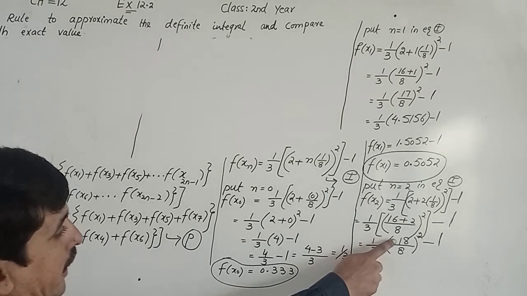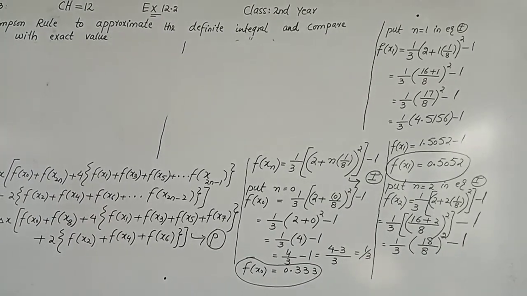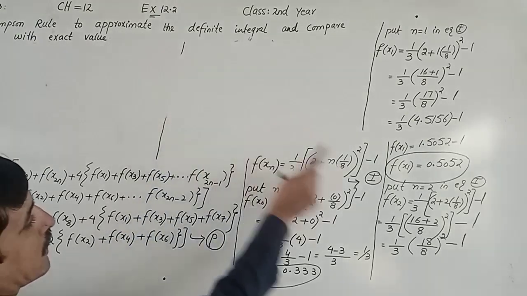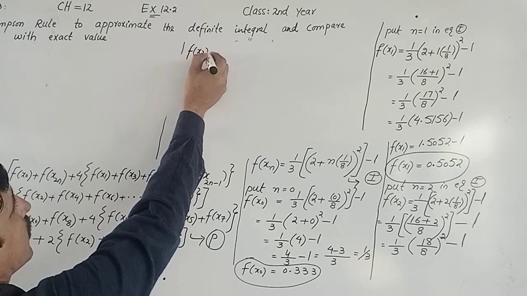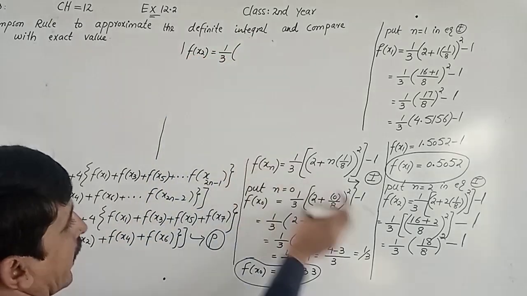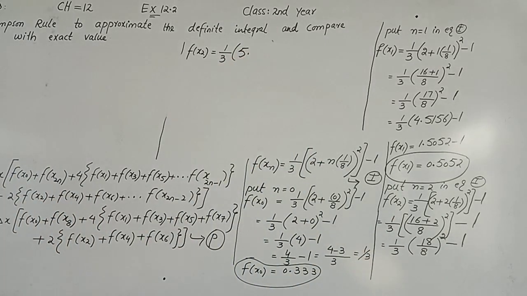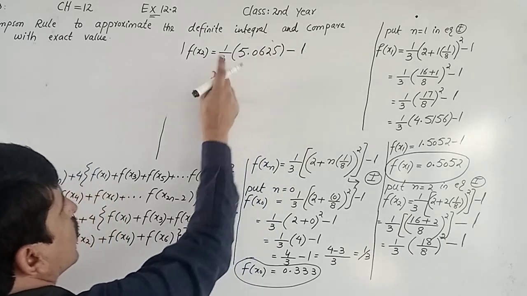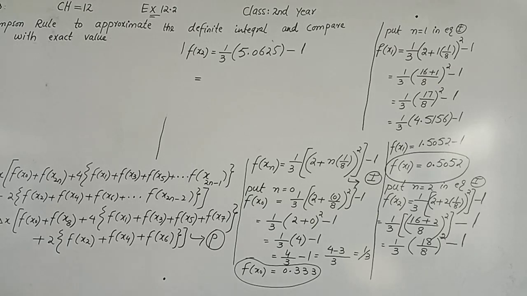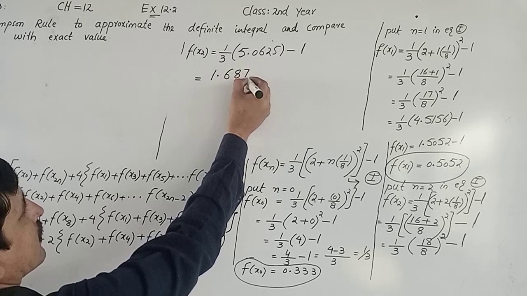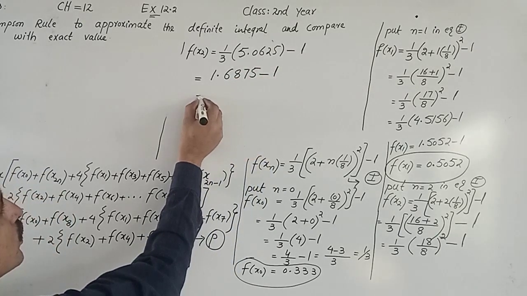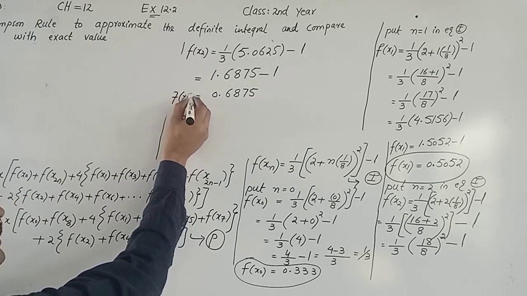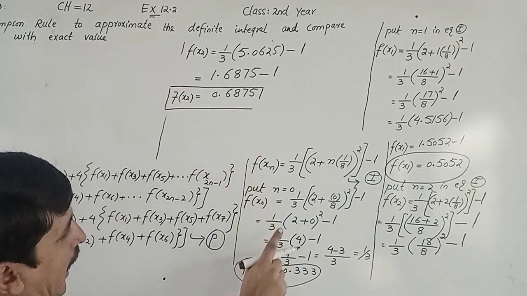चलिए यहाँ पे 18 डिवाइड बाई 8 होल स्क्वायर, इससे हमारे पास आ जाएगा f of x2 is equal to 1 divided by 3, इससे हमारे पास आ जाएगा 5.0625 minus 1। अब इसी को 3 पे डिवाइड करें तो हमारे पास आ जाएगा 1.6875 minus 1, so we get 0.6875 which is equal to f of x2।